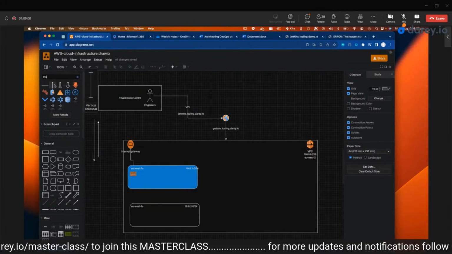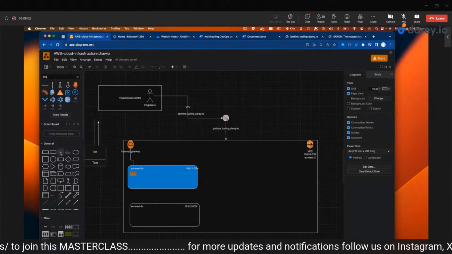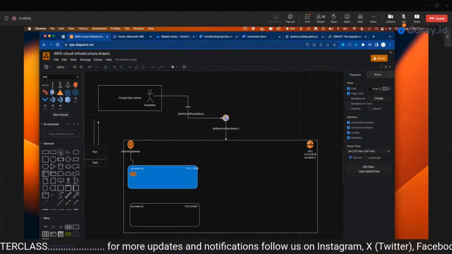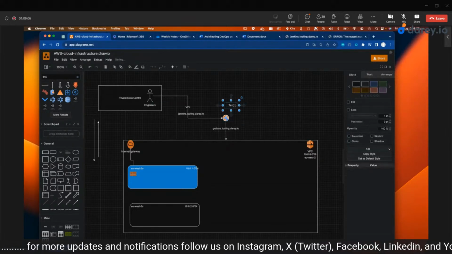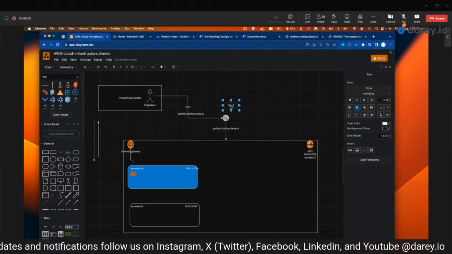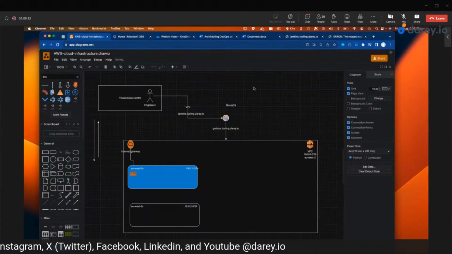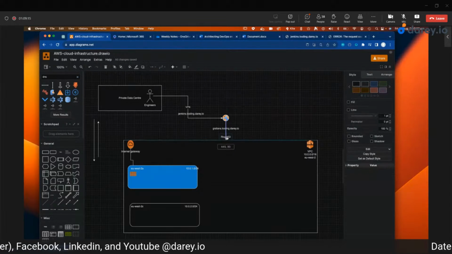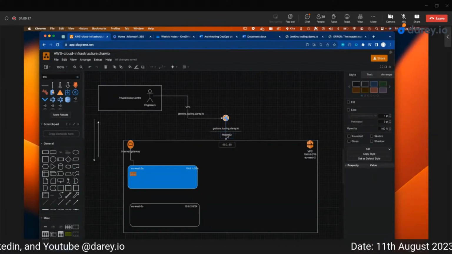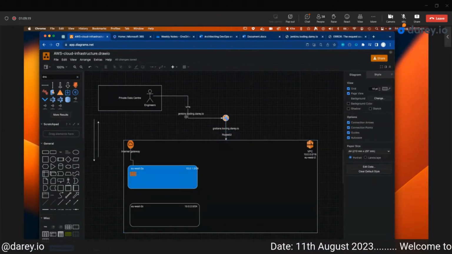No. Okay, that's fine. So what we can do is we can just put here Route 53, and we can just stick that somewhere to say, okay, at the edge of our infrastructure, we're going to have Route 53 here,